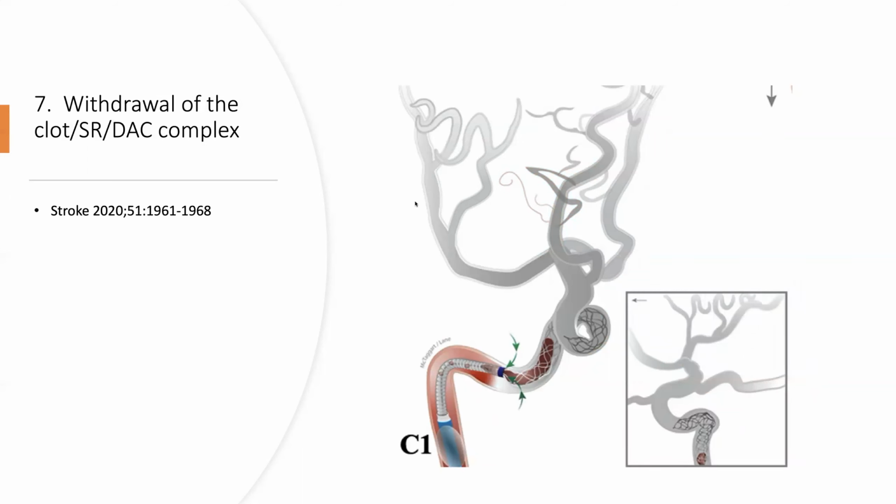So you want to remove the whole thing as a complex with this under flow arrest here, in one continuous motion. And then what we usually do is we'll aspirate this vigorously until we get blood back, clear blood back. And then once we think we've got blood back, it's freely flown back, we'll then deflate the balloon